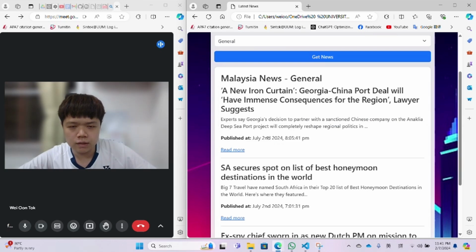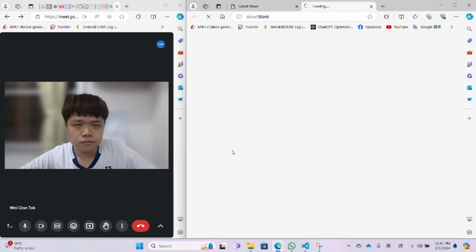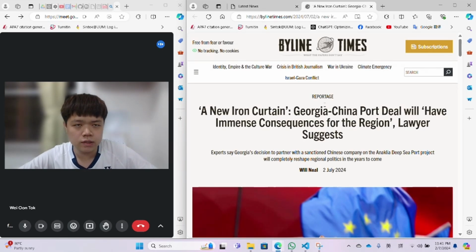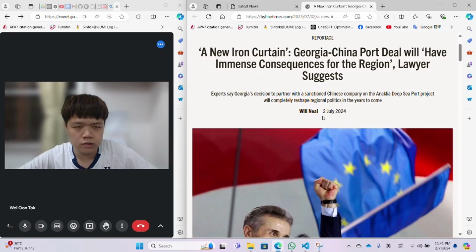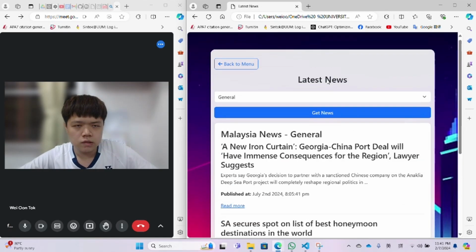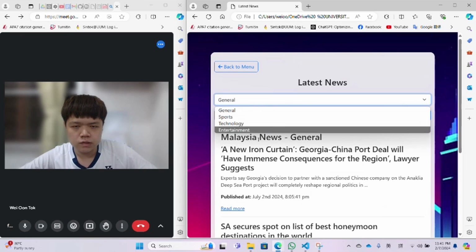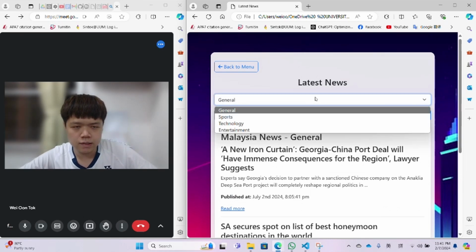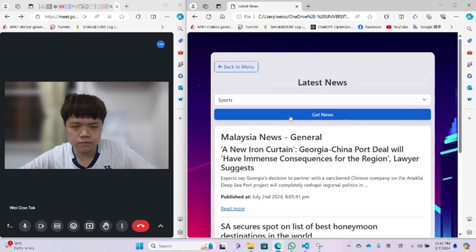And if the user wants to review the article, they can click this read more button. So it will navigate the user to the full article. So this is the general news, and for the sport news